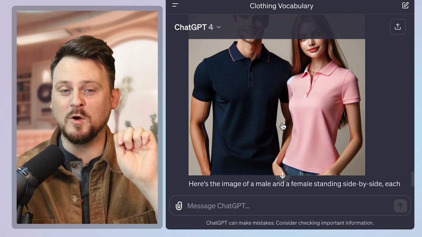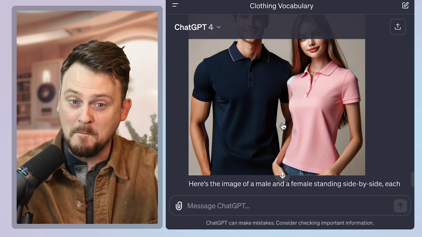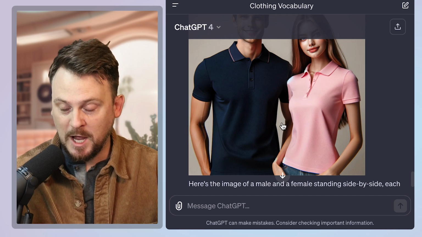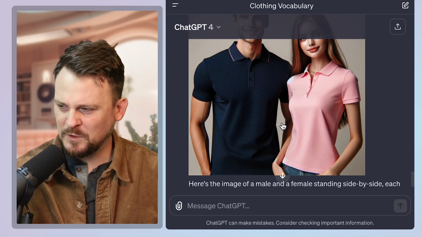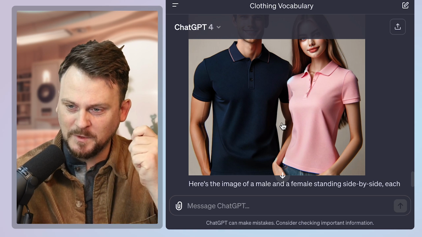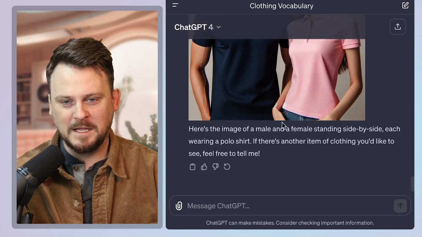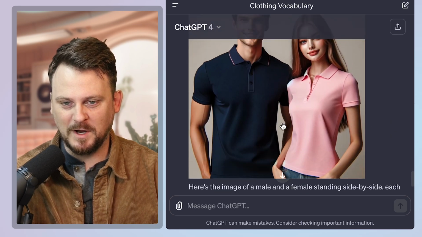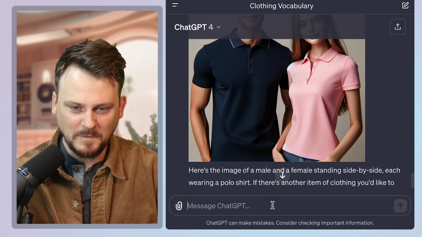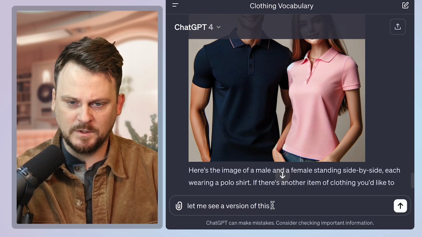But often the bros would wear a specific style of clothes with boat shoes, shorts. I don't know what the type of shorts is called. A polo shirt with the collar popped, and then aviator sunglasses. And that's just how bros used to dress. Okay. Let me see a version of this with